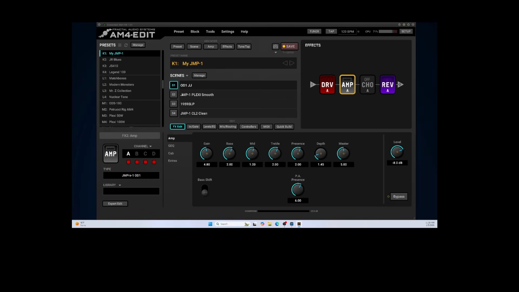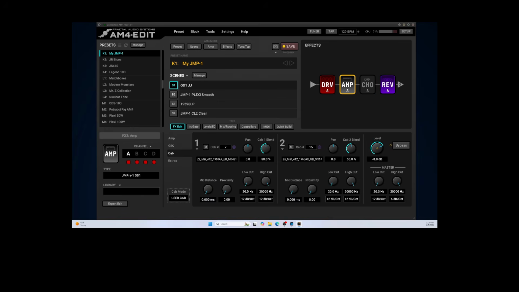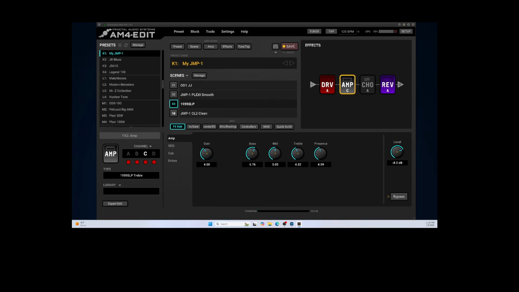As we can see on this preset, on scene 1 I have the JMP Pre OD1. Scene 2, I'm using the exact same one, but if you look here, see if the settings change at all. A little bit on the gain, but it's actually more on the cab part. Scene 1, I'm using IRs instead of the Dynacabs. Here you can see the cab changed a little bit. Then for some reason I got a 59 SLP channel in there. And the last one is a JMP1 Clean 2. So this is my main preset I use, except for the 59 SLP, which is kind of just thrown in there. I'm working on that, or I might put something else in there. But generally speaking,